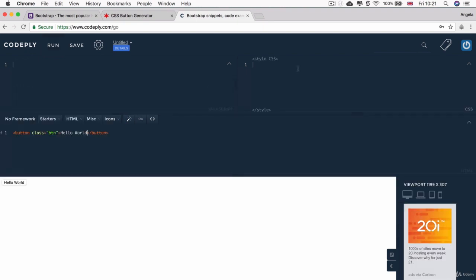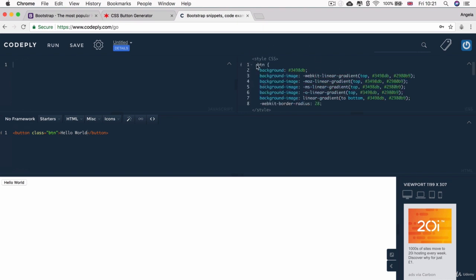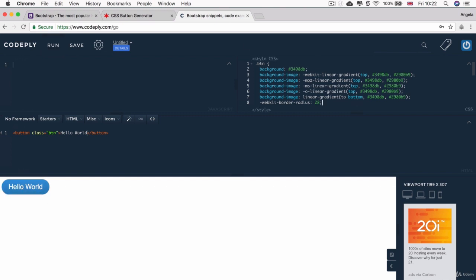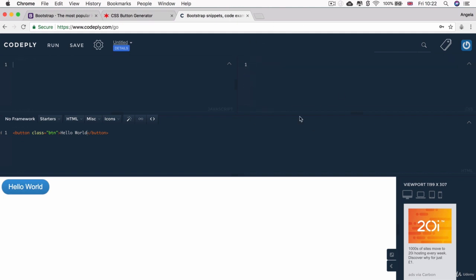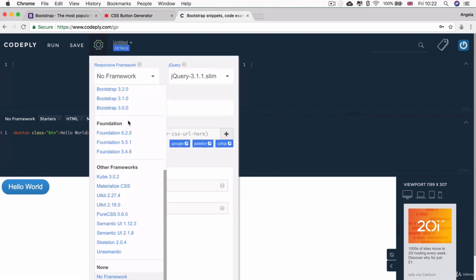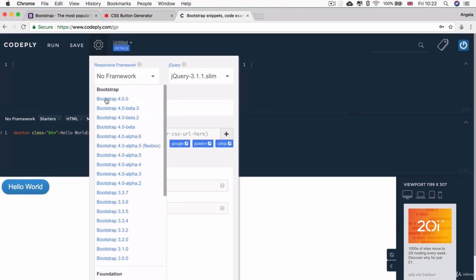And in order to make it look a bit nicer, we had to add all of this code to make it look like this and have a hover state. Now, I want to show you what you can do with Bootstrap. You don't need any of this. You don't have to write your own CSS code, or find it somewhere and paste in snippets. All you have to do is add in the Bootstrap framework, and we're going to be working with the